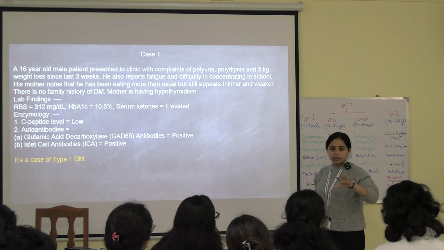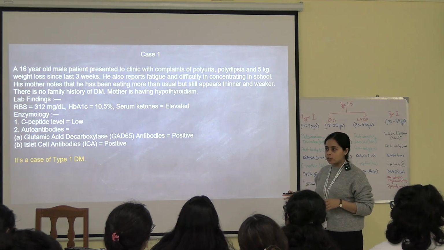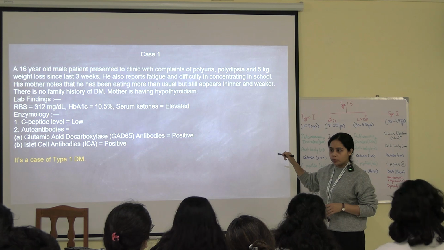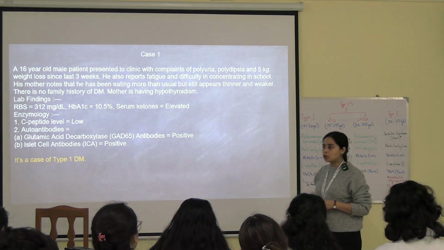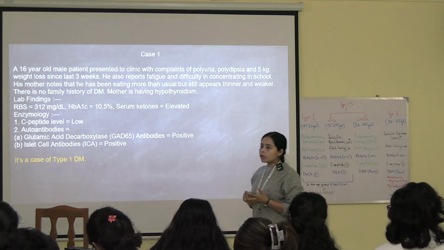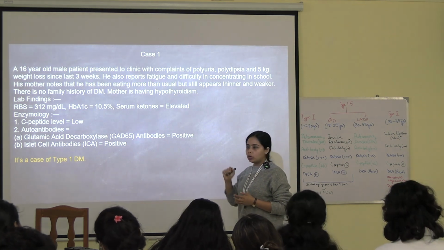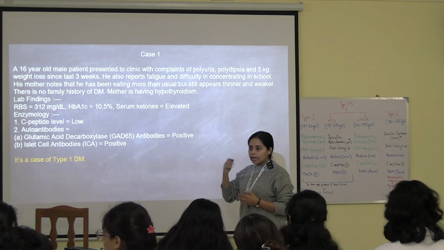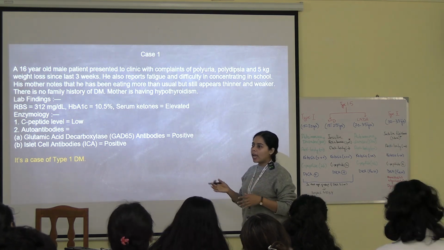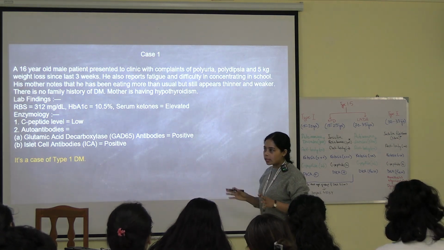Discussion afterwards. First listen to me, okay? It is an autoimmune disorder. Mother is having an autoimmune disorder. That is what you should note from here. So he is eating more but his build is thin. He is weak, not being able to concentrate. Increased eating and more urination, these are all there.